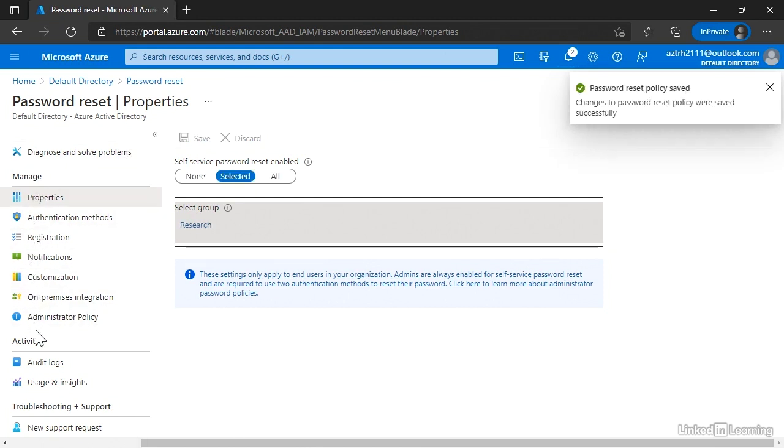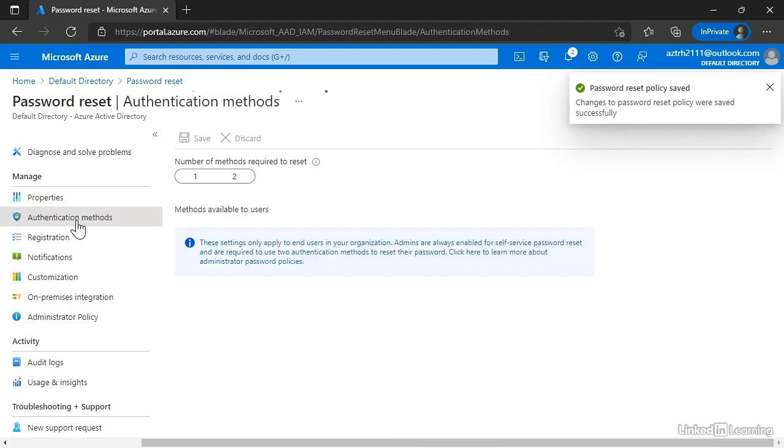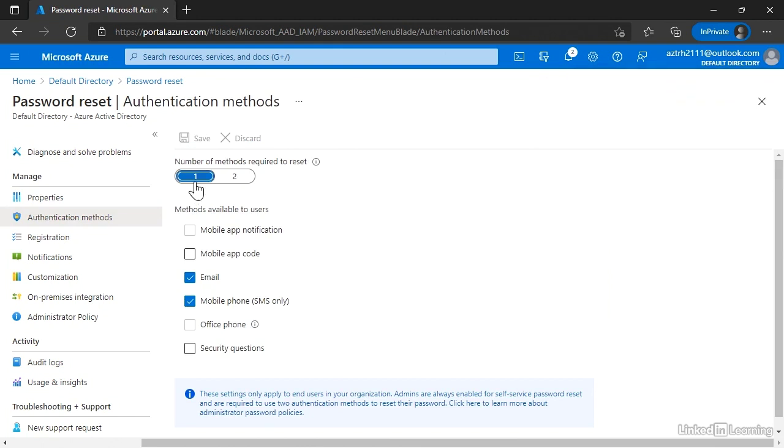And then you go to other blades to configure. So authentication methods: how many methods are going to be required in order to reset a password? Your choices are 1 or 2. And then these are the available methods the user could use. Commonly done things are mobile app code, mobile phone or email, perhaps an office phone if you have those stored